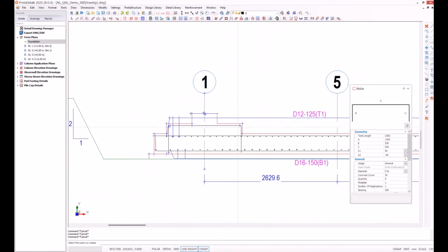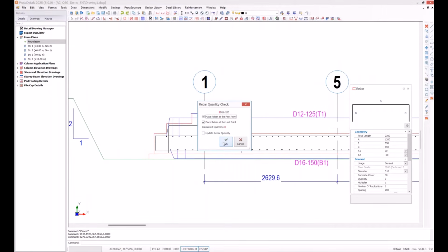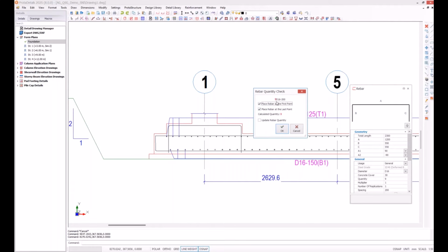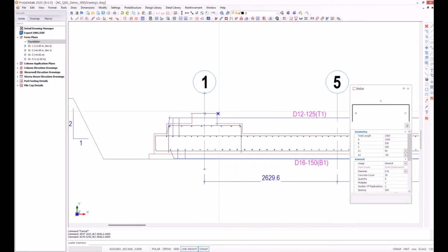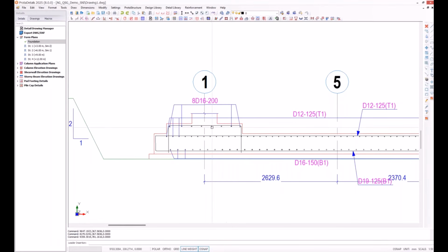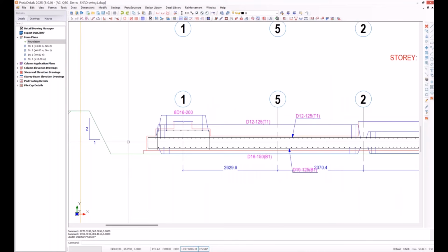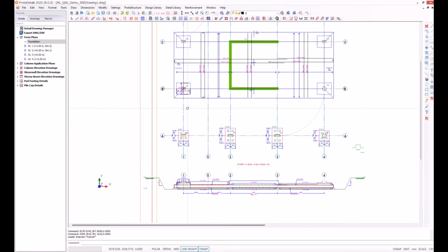And if I select from right to left, because it always uses this sign convention when you're going from one point to another, first point to second point, it places the rebars on the left, and it recalculates the quantity of the rebars. Okay, I accept this newly calculated quantity, and here they are, and it's prompting me to enter the position of the leader. So that's it. Here we have all the information we need now for this column drop panel.